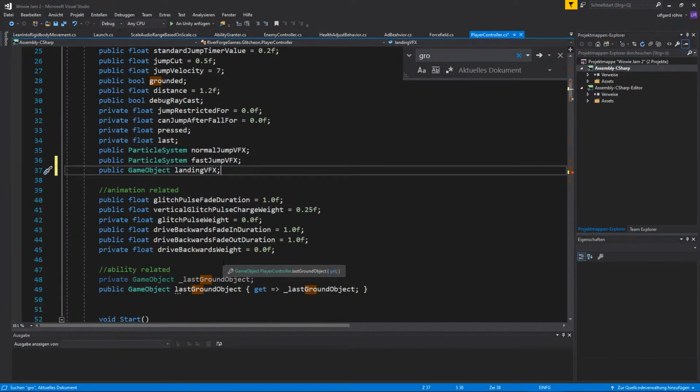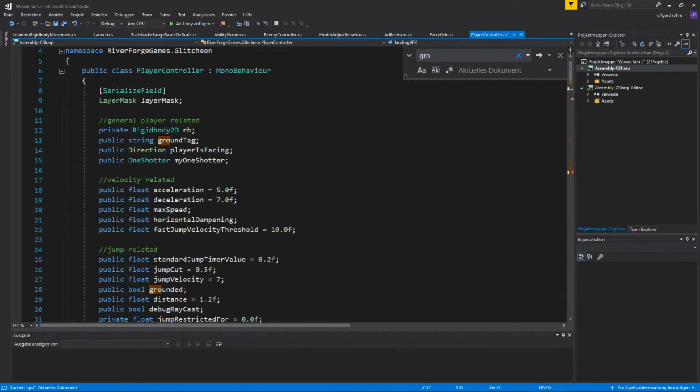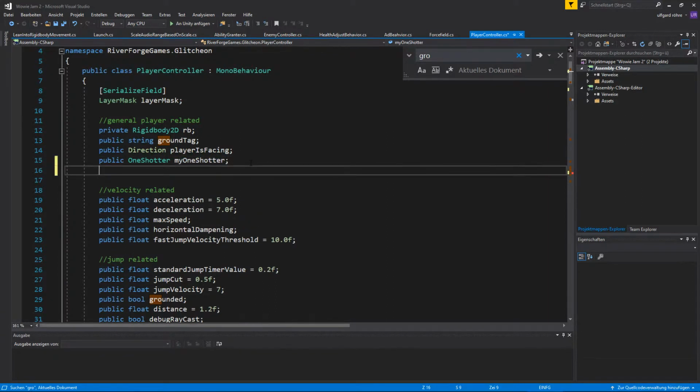Animation, ability, velocity, general player. Okay, let's just have public. You know what? Just gonna have transform